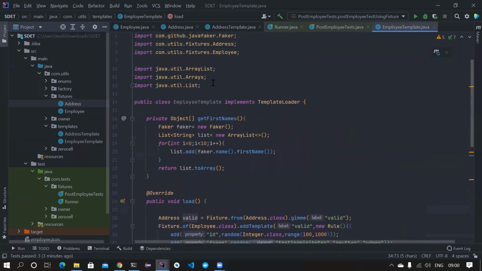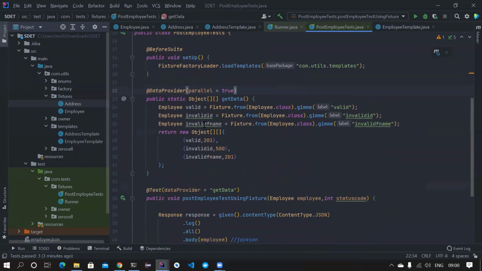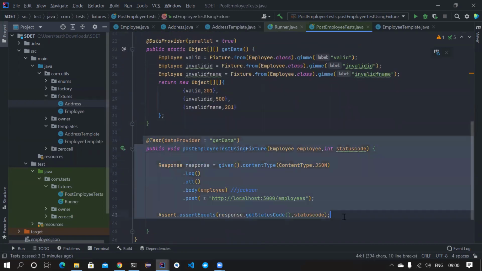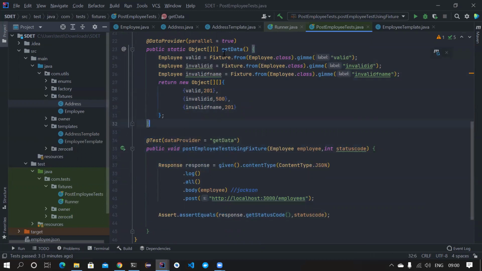So this is the advantage of using Fixture Factory. To give a high level summary, previously we spent a lot of effort in understanding or creating an employee Pojo, but now we have a template. Based upon that template, we can create new templates. You can inherit the template, override with a new rule, and then simply return them in an object array, so that your test method looks very clean. Your data provider also looks much cleaner. Previously, if you generated the employee class using Pojo or builder patterns, your data provider would become very big, or very noisy. But now there is no such thing.